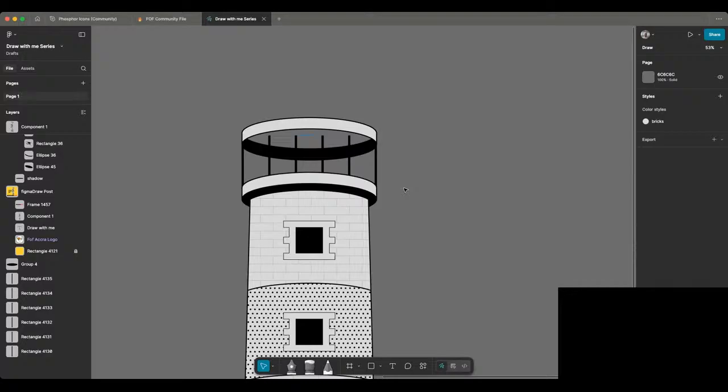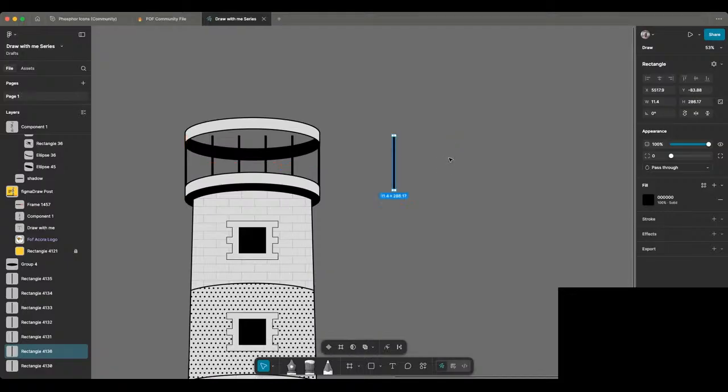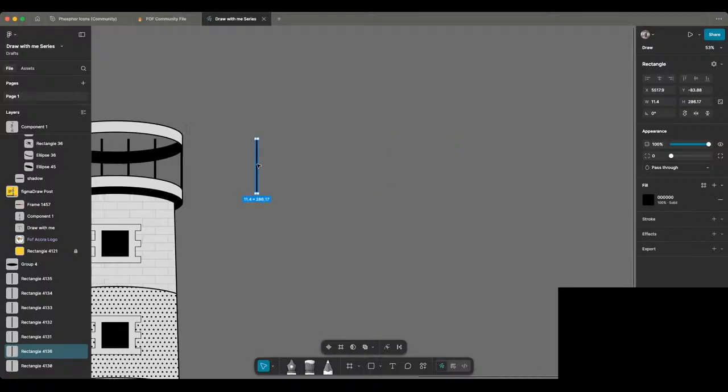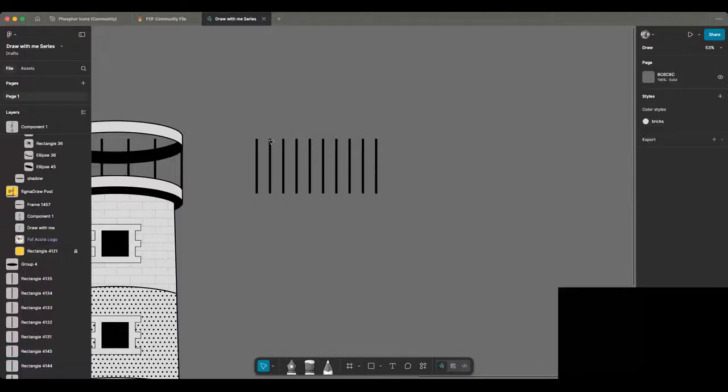So you create one shape, you duplicate, hit Command D or Control D, and then you duplicate it again. Let me show you again what I'm going to say. So you have one shape, and you just hit D, keep pressing D. You can do it like this. Usually you used to do it like this, and so Figma Draw introduced